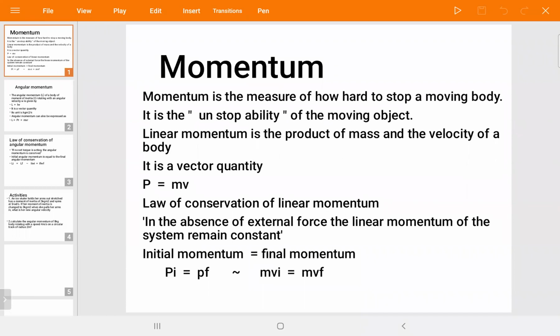When they collide, in the absence of external force, the initial momentum of the two bodies and the final momentum after collision remain the same. Mathematically, if there is no net force, I think you remember this expression,